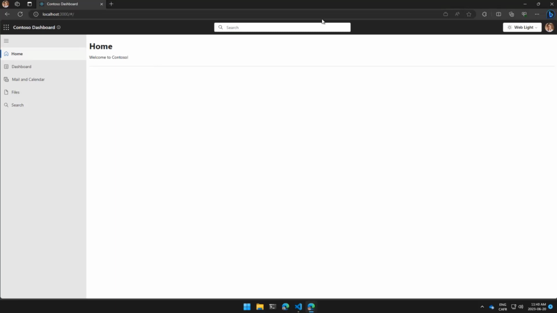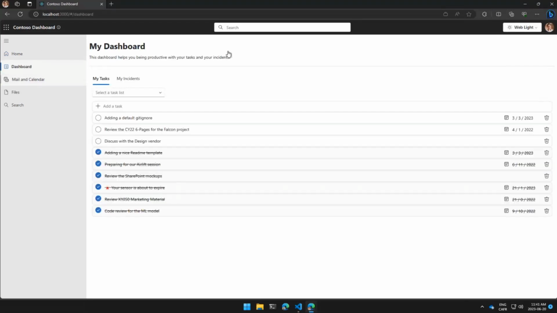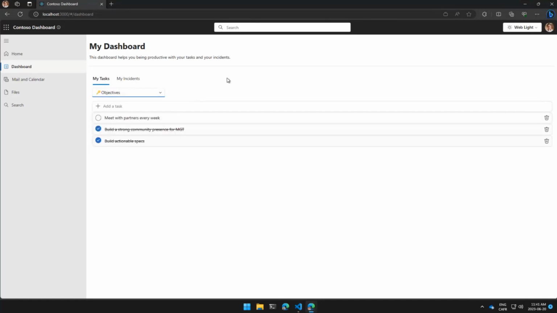The first here is our search component that is shared across all of our different tabs. We have our login component right here on the right side. We have our theming component that was customized here to offer more than a toggle, but multiple different capabilities. We have here a dashboard. That dashboard is using our to-do component that allows you to go from one task list to the next.